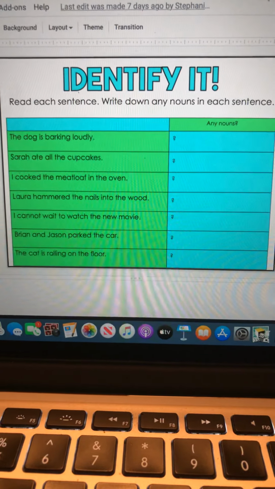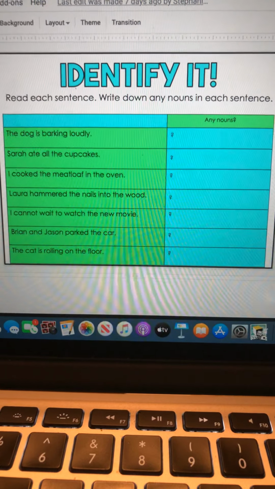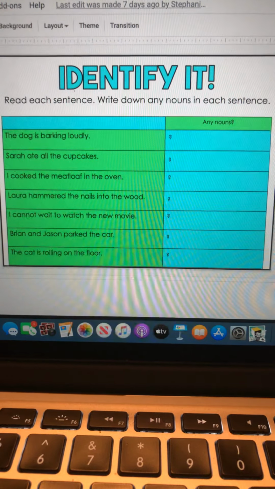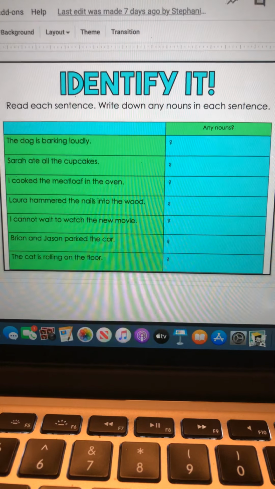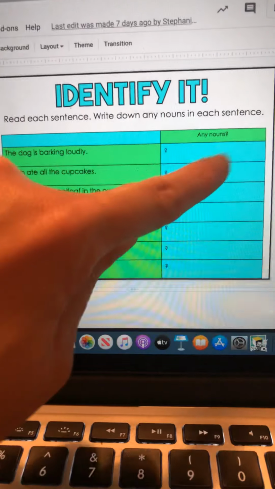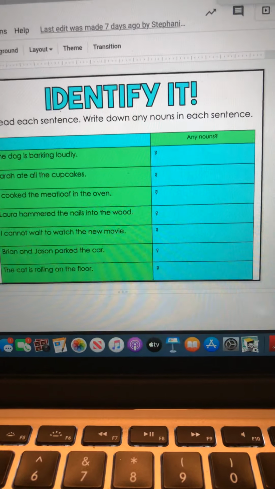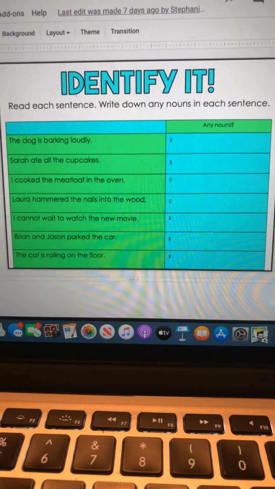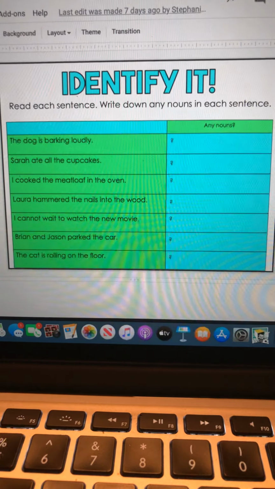All right, so the first sentence says, the dog is barking loudly. So in that sentence, you have to identify a noun, and then you're going to type it in the blue box. The next sentence is, Sarah ate all the cupcakes.